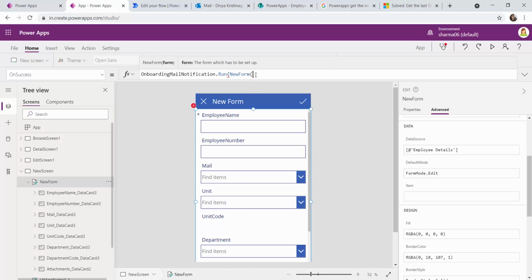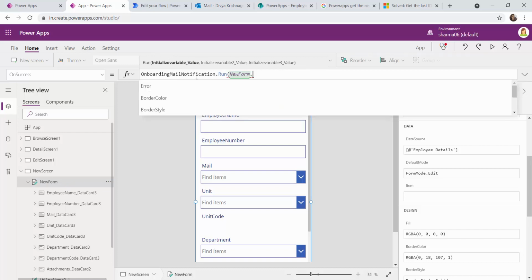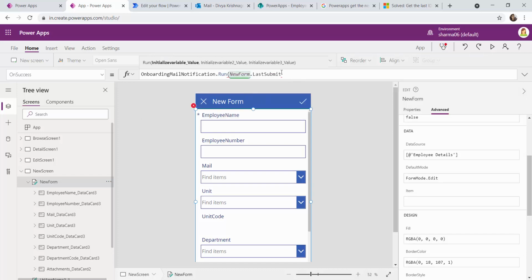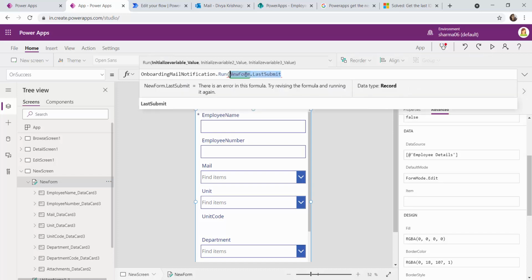So we write NewForm, which is the name of the form, dot. Here, under the options, we can find LastSubmit. When I hover over it, you can see it is a type of record. This holds all the data of the last list item that we have submitted.